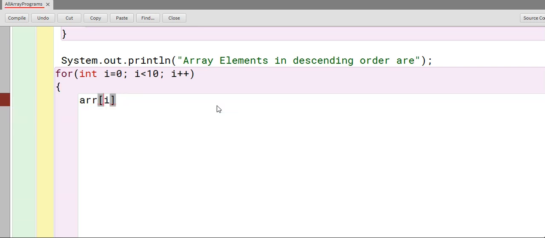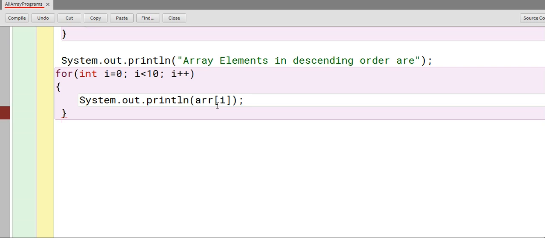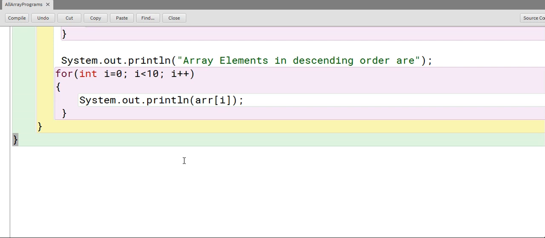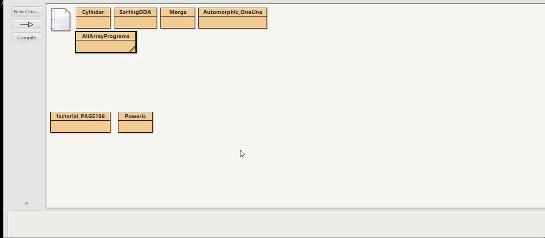So what is the print command? The print command is System.out.println, and it will print all the elements on the screen. So this is the program of bubble sort technique in descending order. The program is compiled and now we'll execute it.